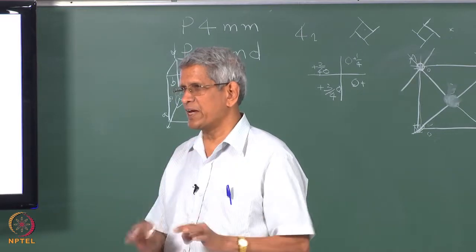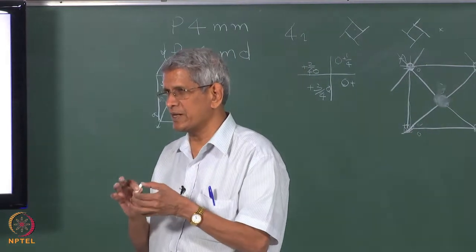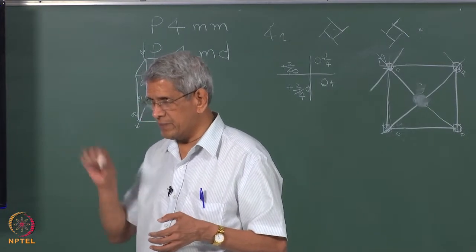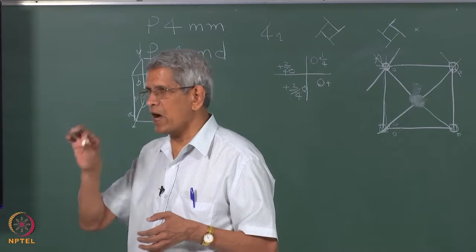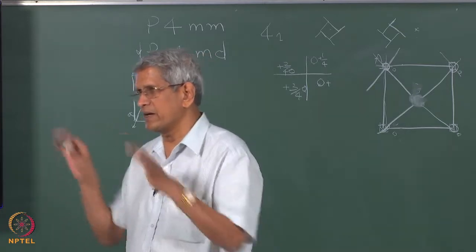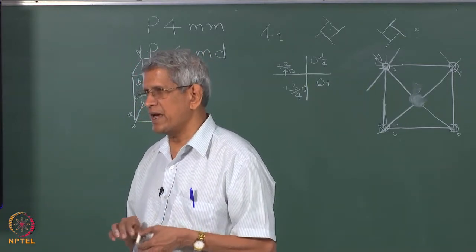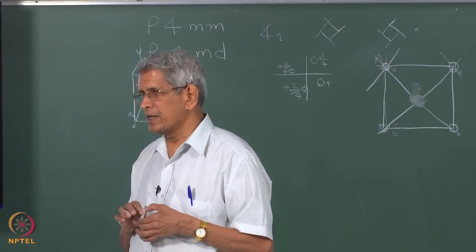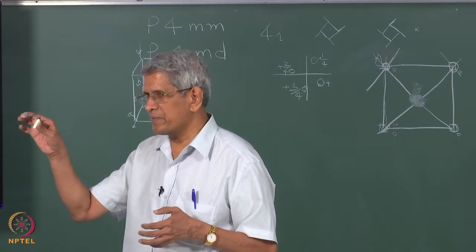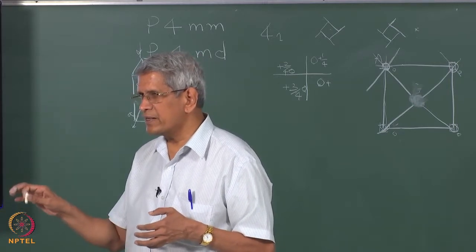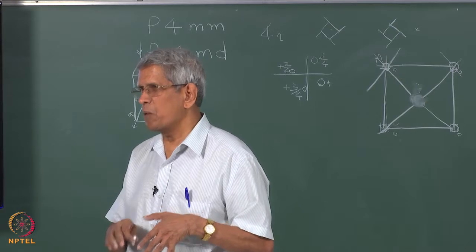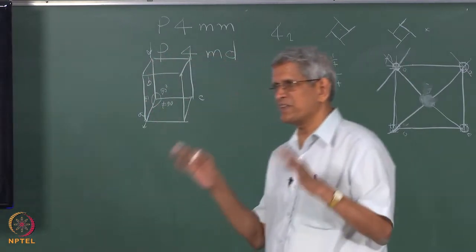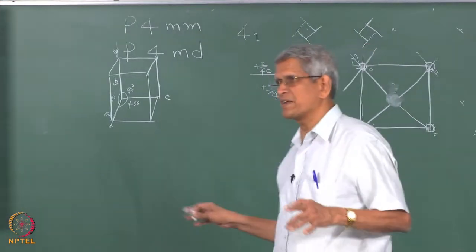If you take a simple cubic lattice in which you put A atoms at all the corners, what is the symmetry which it has? The A atom is showing a simple cubic symmetry. If I put an A atom at the center, now what is the symmetry which it exhibits? Body centered. So in the space lattice, primitive, body centered, and face centered are all distinct Bravais lattices.